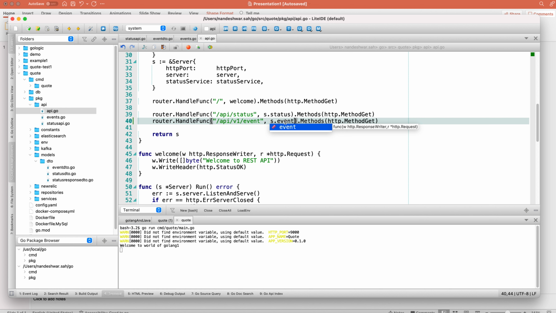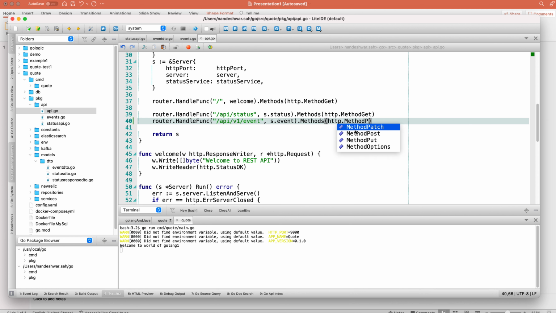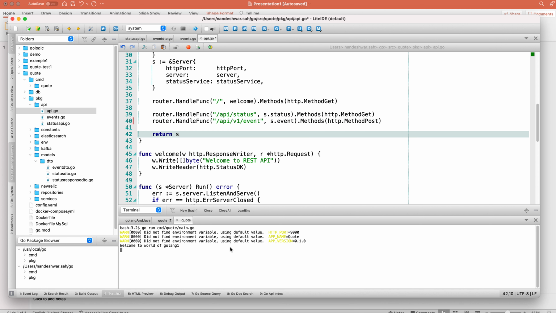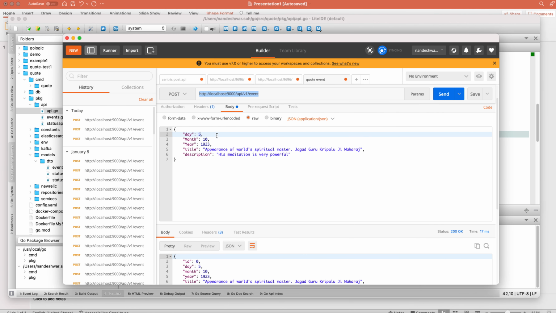So that's good. And then it's s.event, and then methods, and it's a post. So we'll do that, method post. Okay, so let's run once again. Okay, that's good. Let me bring my postman here, and in the postman I'm going to send the day, month,